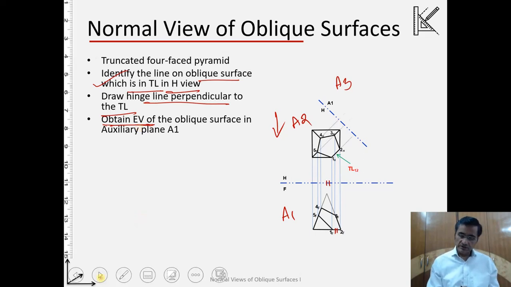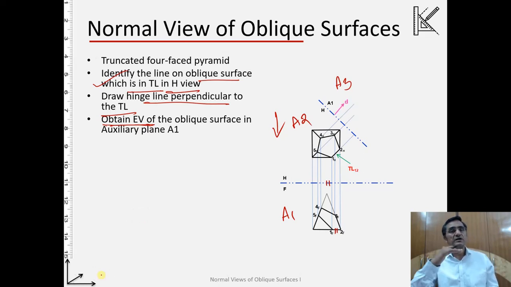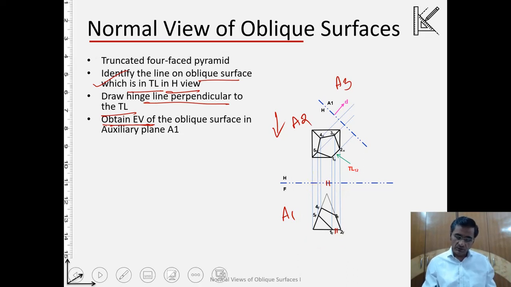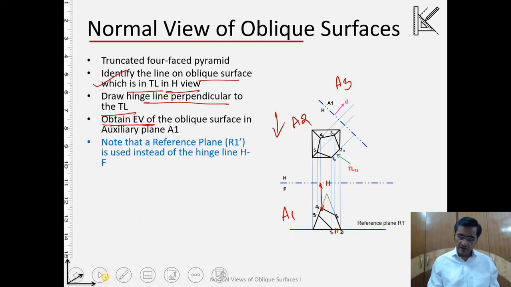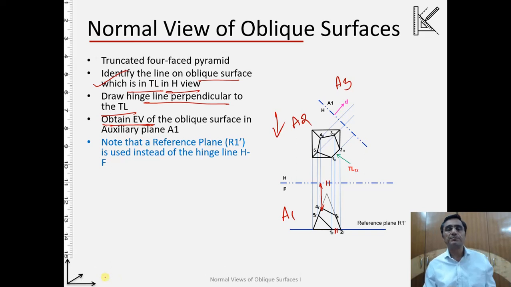Okay, so let's do it. So these are the projectors. Now in this case the concept of the reference line is coming. So we need to now measure the distances. So over here we need to measure the distances along the projector, and we take the distances from A1. So in general, so far what we were doing, for example, if I want to take the distance of 4F, I will be taking this as the distance, okay, from the hinge line. But over here we are just changing the reference line, and I'm taking the reference line at the bottom.